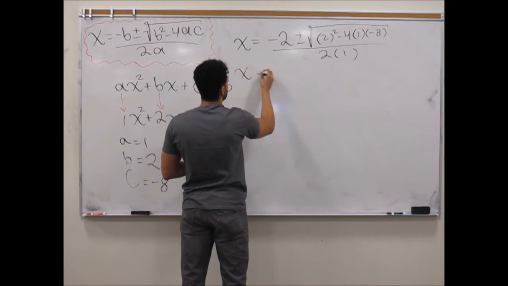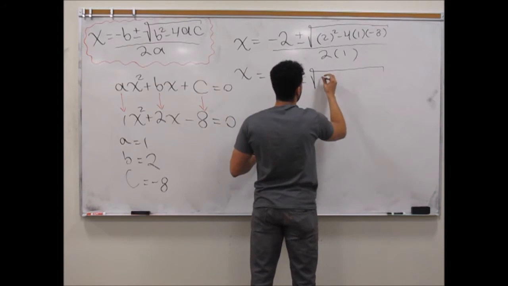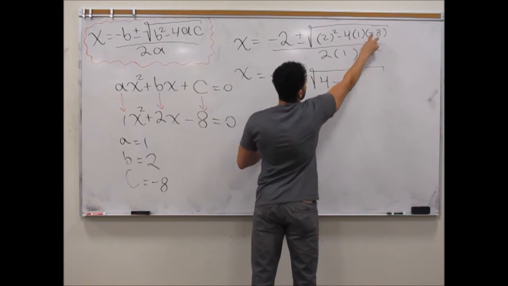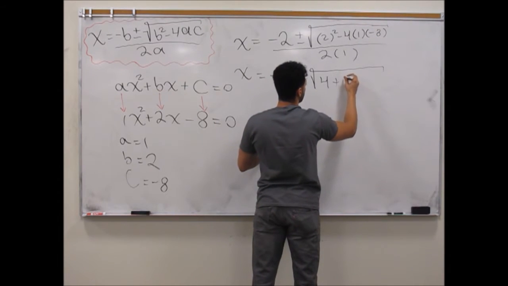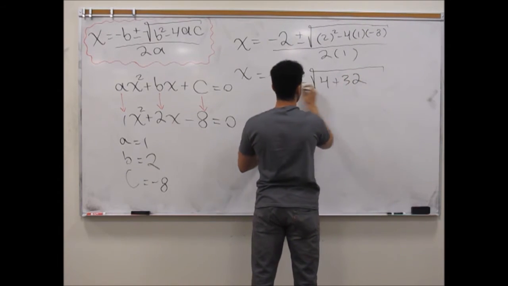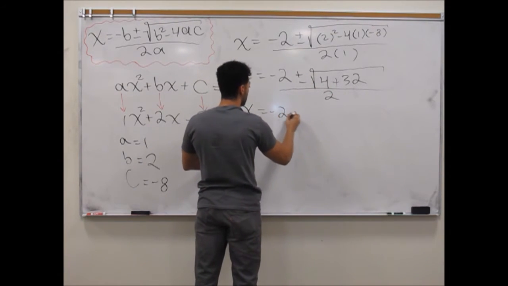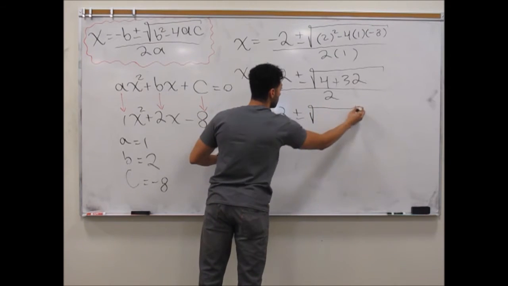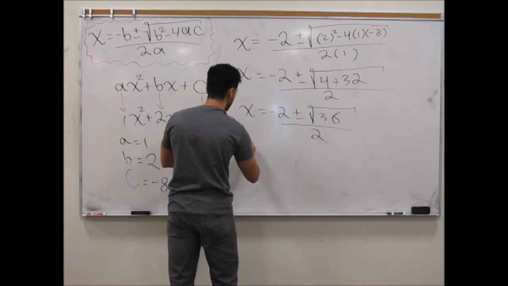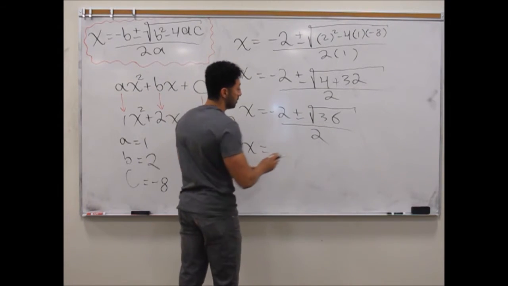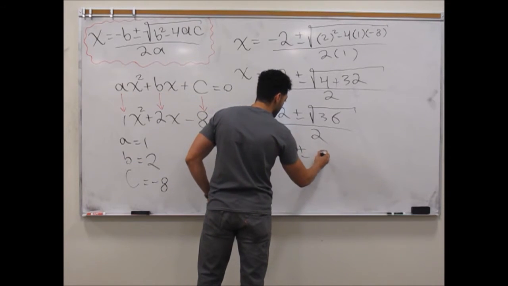So then we get that x is equal to negative 2 plus or minus the square root of 4 minus, 2 negatives make a positive, 8 times 4 is 32. And this is all over 2. So then we get x is equal to negative 2 plus or minus the square root of 36 all over 2. The square root of 36 is 6. So we get negative 2 plus or minus 6